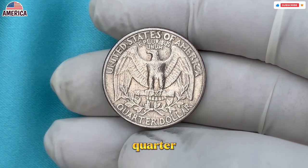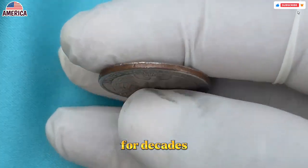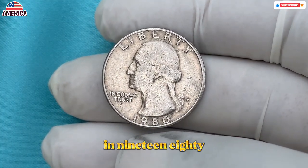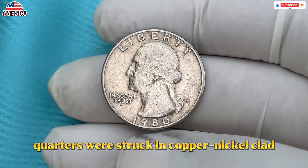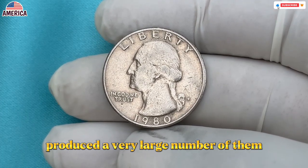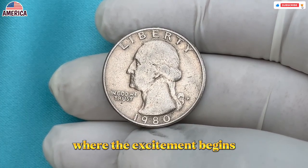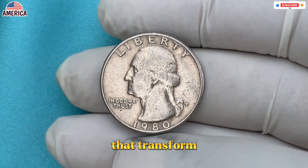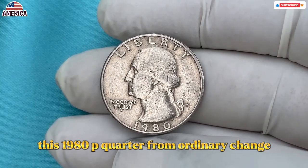The Washington quarter has been part of American history for decades, proudly displaying the image of George Washington on the obverse. In 1980, quarters were struck in copper nickel clad instead of silver, and the Philadelphia Mint produced a very large number of them. But here's where the excitement begins. Hidden among those millions are special error coins in rare conditions that transform this 1980p quarter from ordinary change into